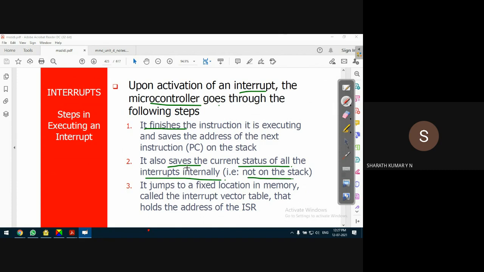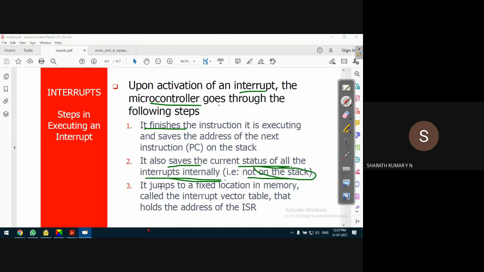It will save it in temporary registers, because internal RAM registers are available. So many spaces are available. In that space, the status of all the interrupts is stored, because some lower priority interrupts may be waiting for execution. So that condition is stored internally, but not on the top of the stack memory.